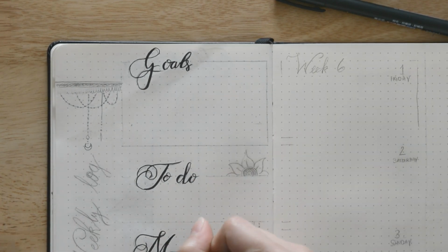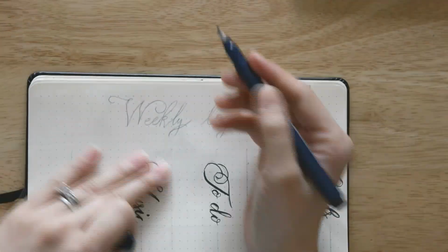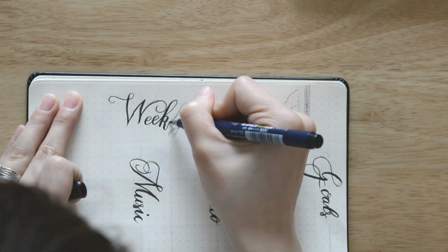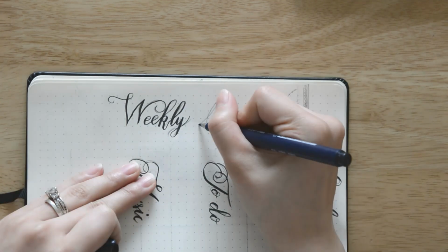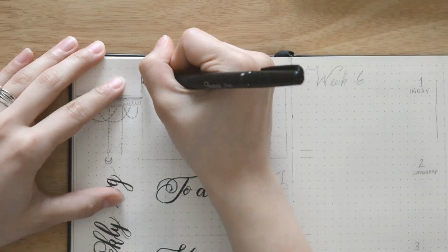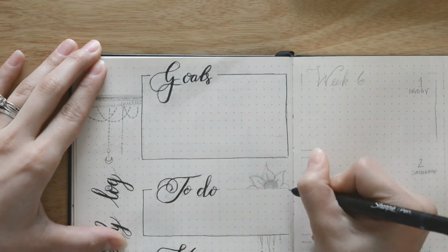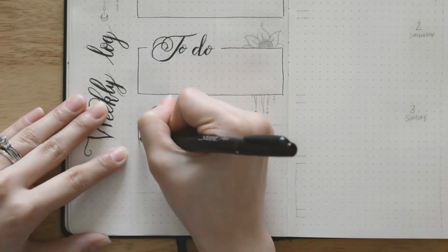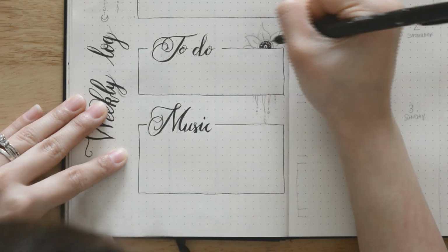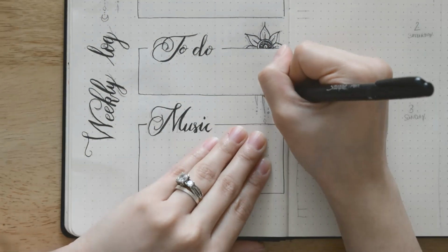Okay, next page. The goals. I have there my goals, to do, and the music, what I'm listening to at the moment. And yeah, just see me put a lot of boxes, and more lines, more circles. Wow, I made a lot of circles for that spread. And more flowers. Yay. And there you can see me screw up again at the music